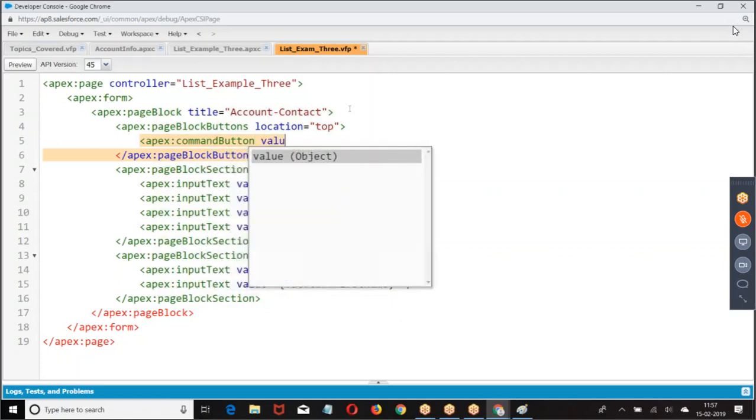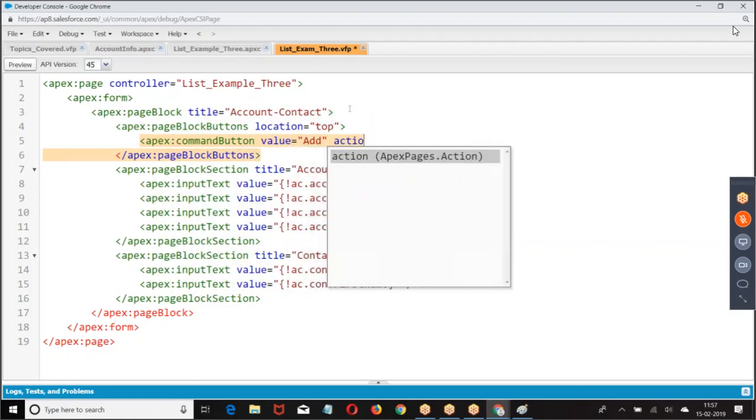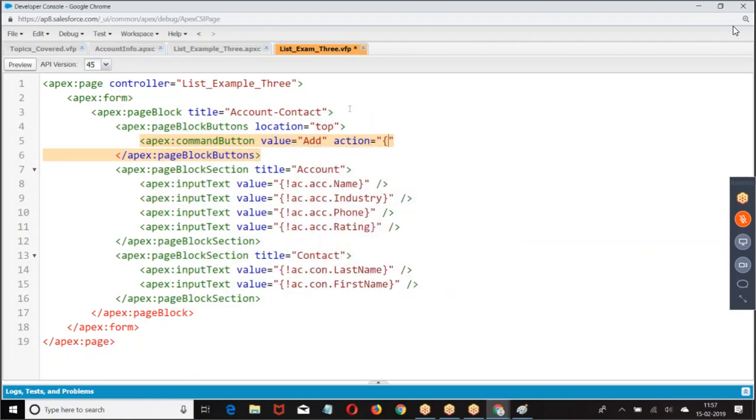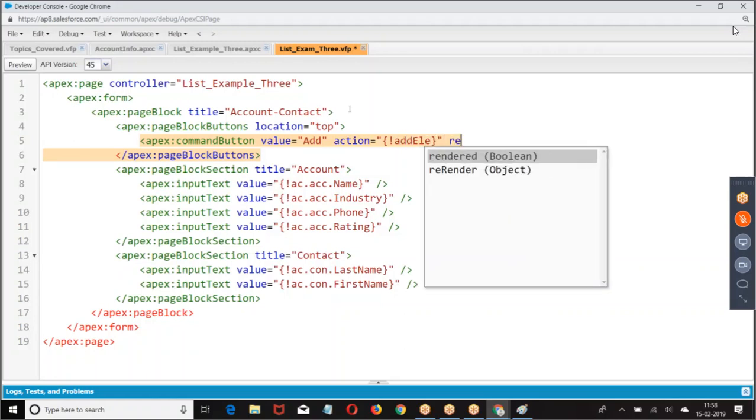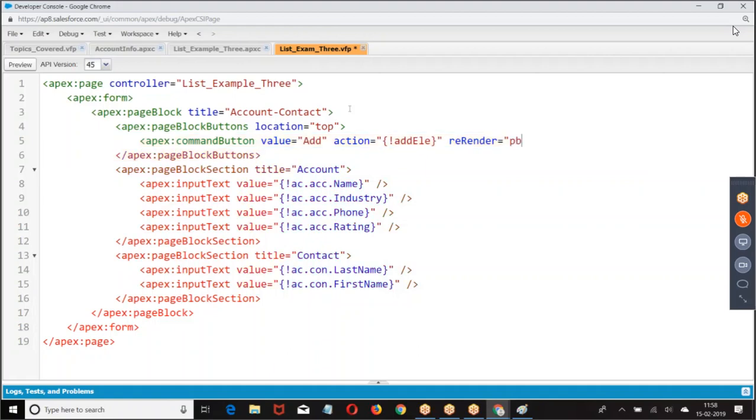Command button value equal to add action, add element. Already we have done this example. Adding the element to the page block, adding the element to the list, trying to display. We already done this.